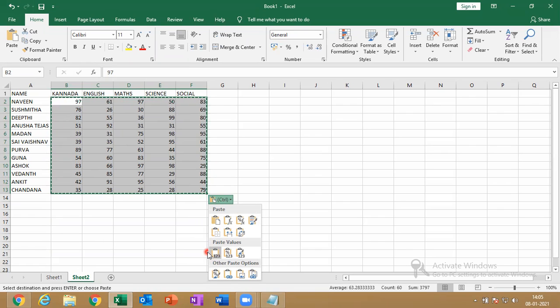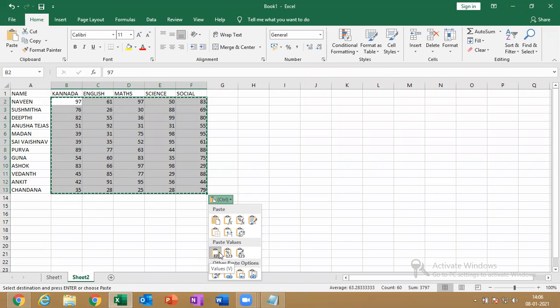Yes, that is what we have seen in paste special, right? So these are all with formulas and this is without formulas. I don't want formulas. Why? Because with formulas, each and every time the random values will keep on changing. Once you copy and once you paste, the values will automatically change. So instead of changing the numbers, I copy them and paste as values. The formula will be removed and the values will be constant.